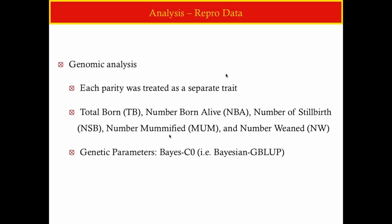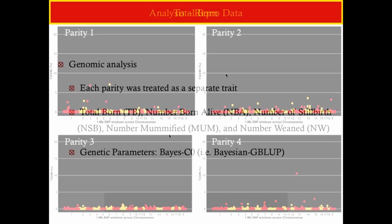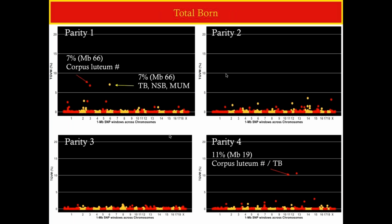And so this has been presented before, like I said. So for total born, you can see a few QTL, about 7% of the variance at this QTL for parity 1, which in the literature corresponds to corpus luteum number. 7% here for total born, number stillborn, and mummies. And then in parity 4, a QTL that,